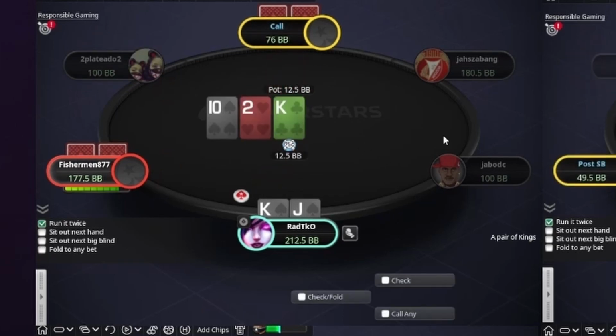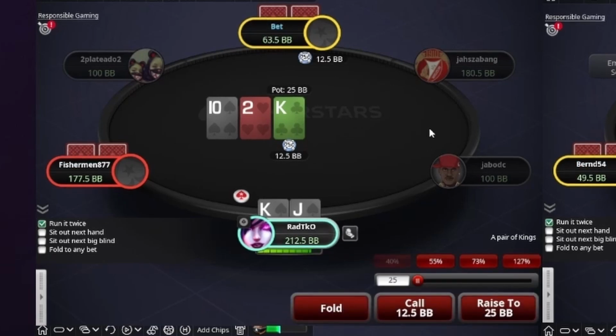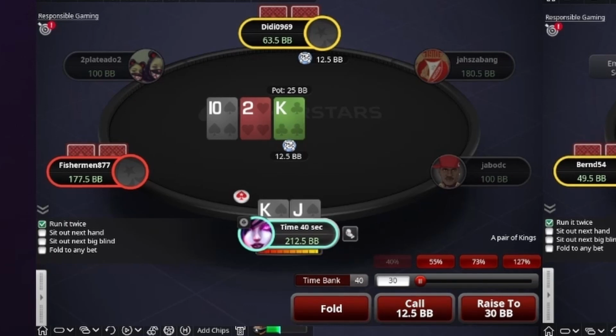calling some pocket pair. Now on the flop, the yellow player is bombing the pot, so I was considering either to raise or only call, but then after I decided to call only, because there was risk of the player on our left hitting, let's say, a set of tens or set of deuces. I wanted to know what's gonna happen on the turn, so I just decided to call. Player on our left, as I can remember, he folded.